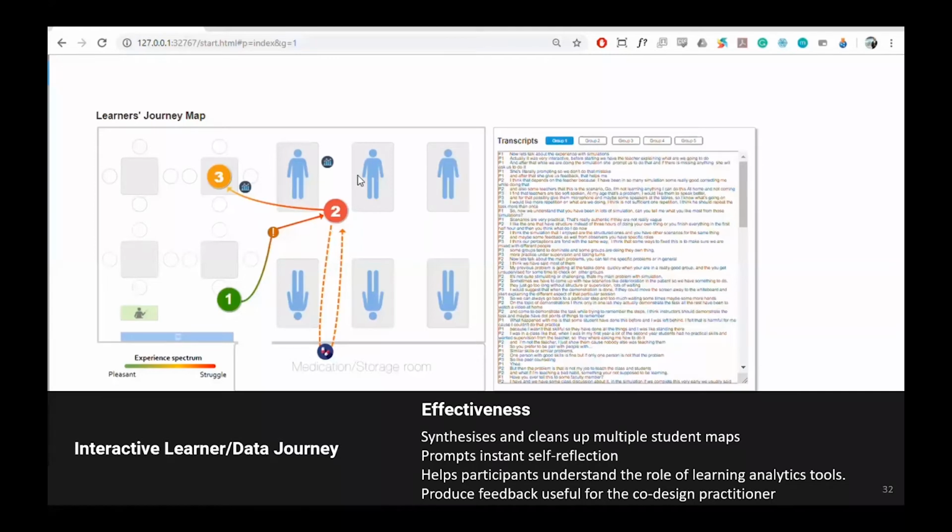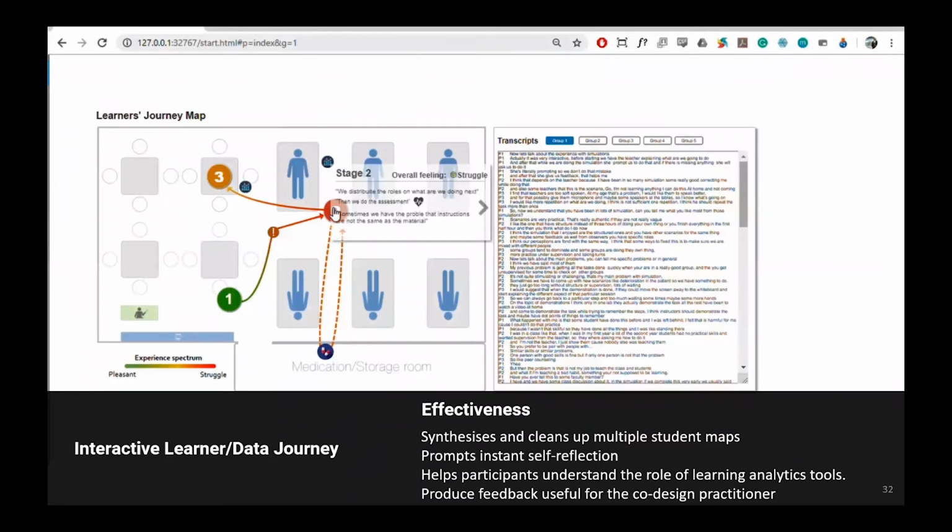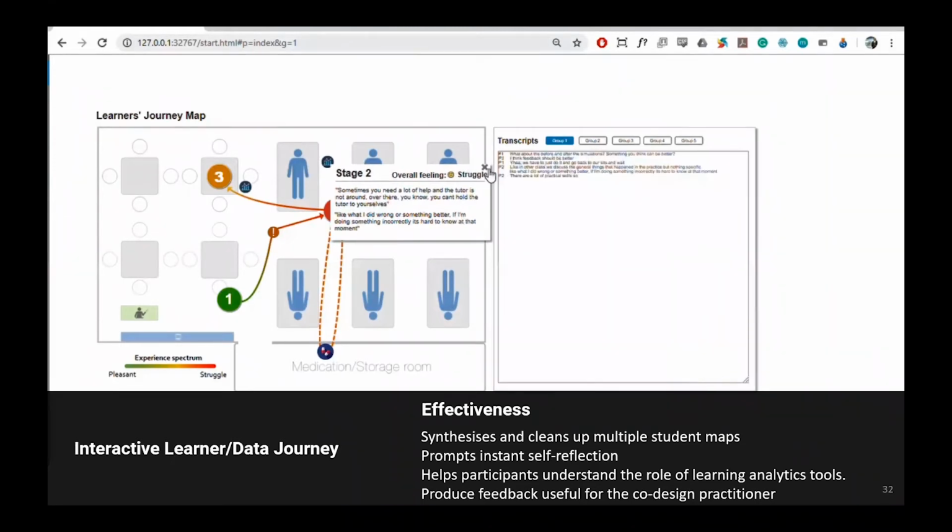We realized that we had so many paper-based data journeys that were really hard to reach a conclusion from. So we analyzed this data and produced a digital version that became a tool for people to navigate this information. Not everyone wants to read the whole five papers in there, and it's really hard for teachers to have the time to go through it. So this digital tool allowed teachers and learners to go through the information, click on the summary of what was happening, and see what people are saying. Like, I'm struggling here because these are my comments. So teachers have the opportunity to see the summary.